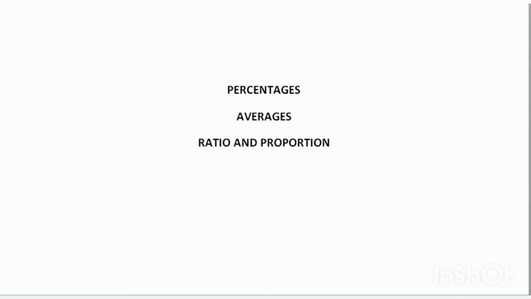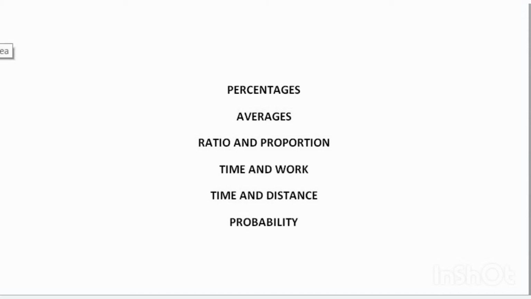Now, in data interpretation questions, the most important arithmetic topics that are asked in bank exams are percentages, averages and ratio and proportion. But nowadays, due to the increase in the level of competitiveness, the topics may also be related to time and work, time and distance, probability and sometimes boats and streams as well. If you know all the topics in quantitative aptitude and if you have speed with accuracy, then the most scoring section is data interpretation apart from simplification, because you are going to get 5 marks from this section.